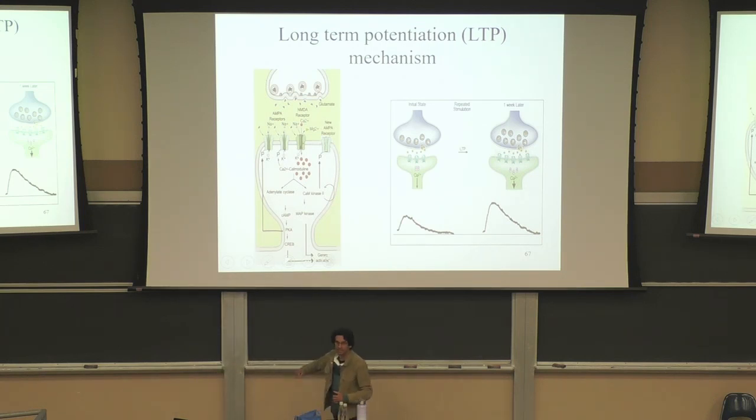So here we have a diagram summarizing how long-term potentiation works. Okay, so you get release of glutamate. Then if the stimulation is strong enough to depolarize the dendrite here, then the magnesium ion will pop out of the NMDA receptor, and you'll get calcium and sodium going through the NMDA receptor, and the calcium is the most important thing that goes through the NMDA receptor.